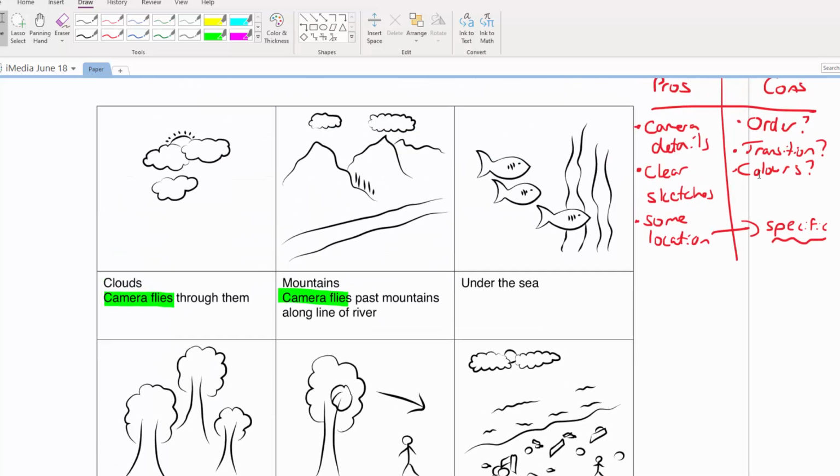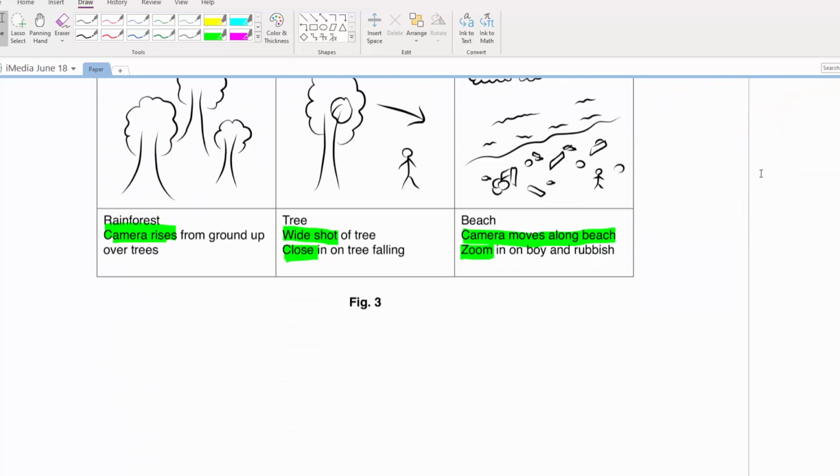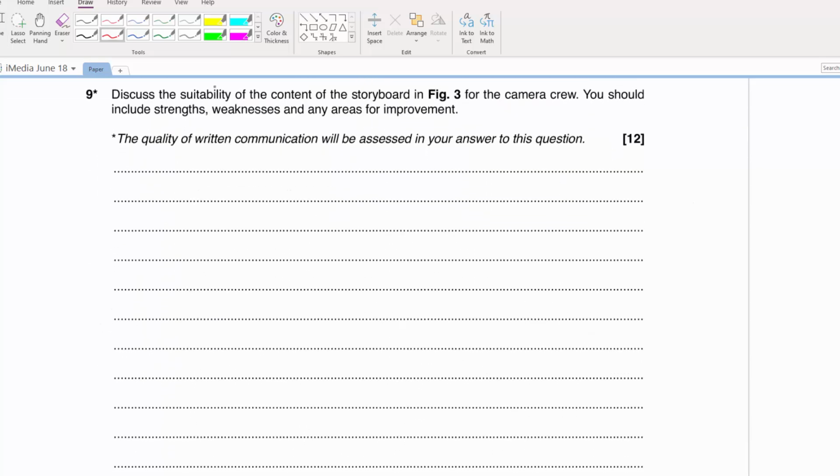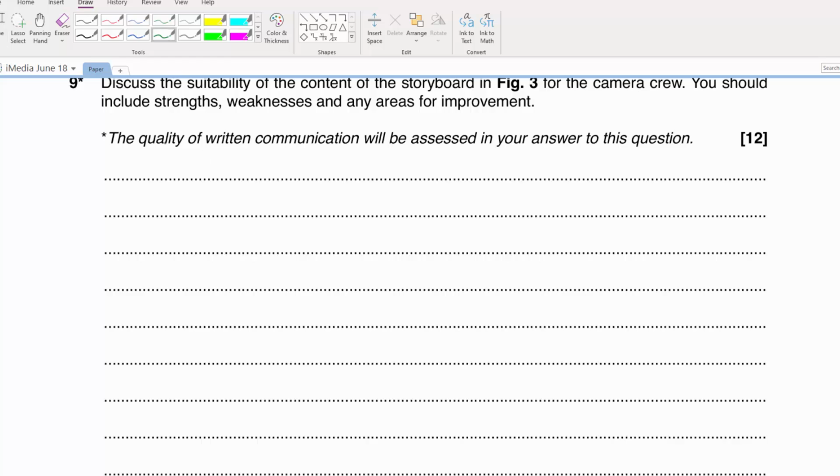Okay, so I think we can probably start to write this up. You're not going to be marked just based on how many points you make. You want to have an equal number of positive and negative points, and we're not coming to a conclusion. That's quite important, but it's not like you need to make 6 points of each in order to get full marks. It'll be marked more generally than this. So first of all, let's start off on a positive. Why not? So we could say the storyboard